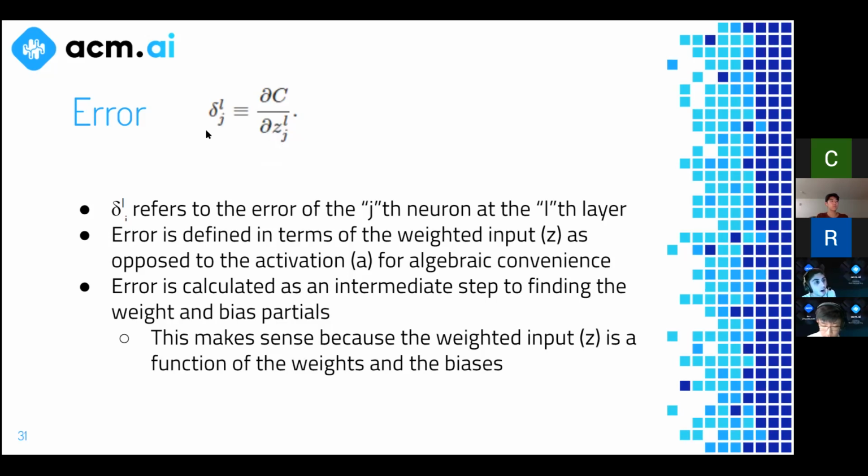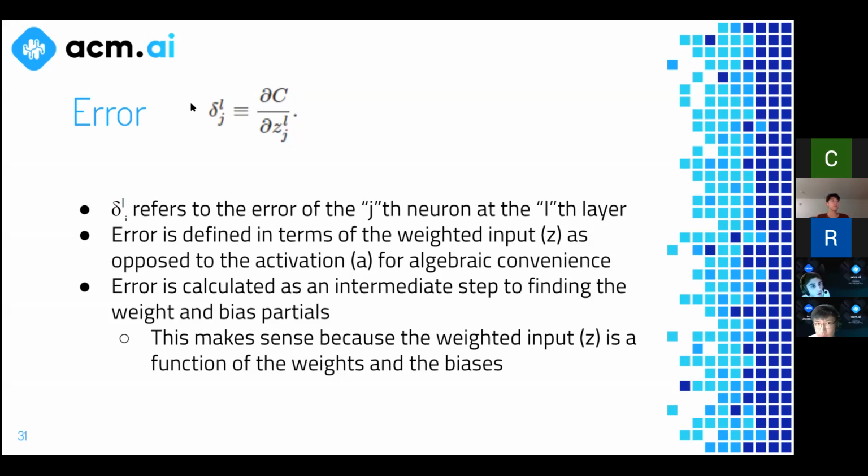So this error, you see that we say error, the superscript L, the subscript j, same rules as we talked about before. So what this implies is that each neuron has an error associated with it, right? Okay, so our goal is to calculate the errors for each of these. I'm going to open the chat again just in case people are asking questions. Cool. Okay, so we just define this as such.